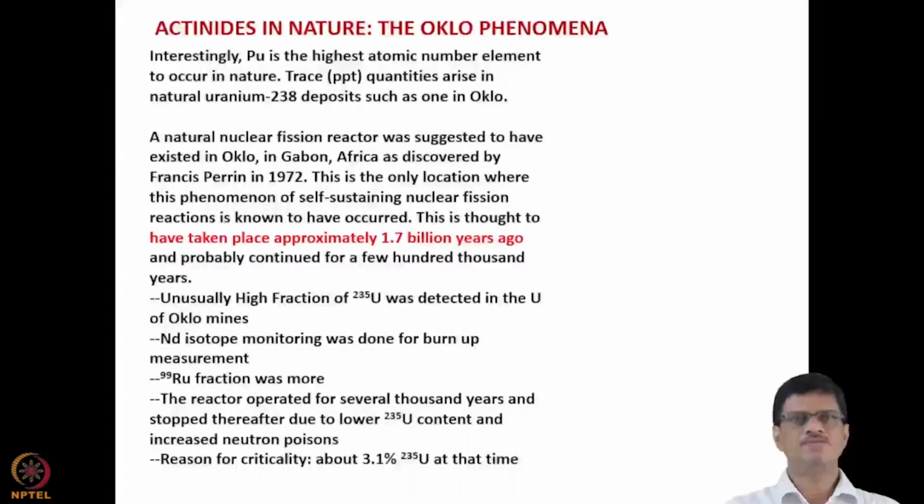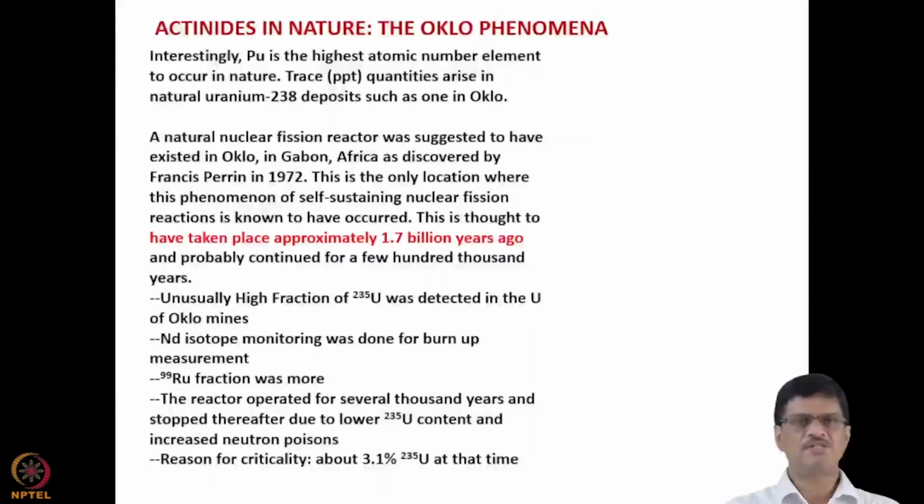Now, why was this considered so? This is because of the high amount of uranium-235 in that particular mine, maybe around 3.1% of uranium-235 was probably existing at that time. Now it is much less than that, as you will see in the subsequent slides. So one thing is that a relatively large fraction of uranium-235 was existing in the ores. And secondly,